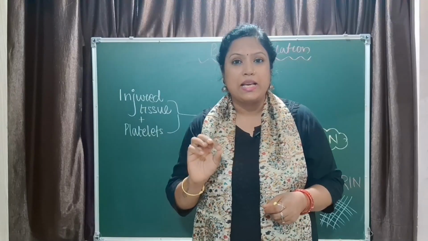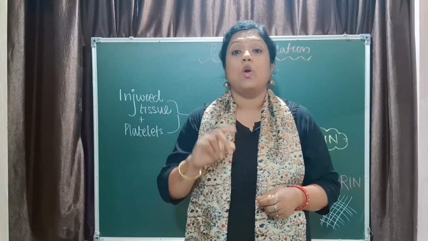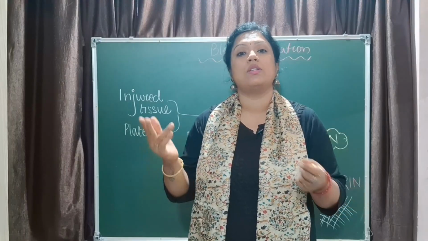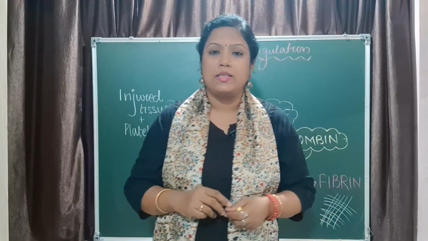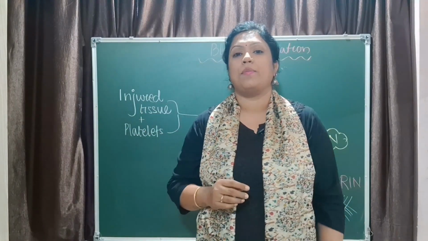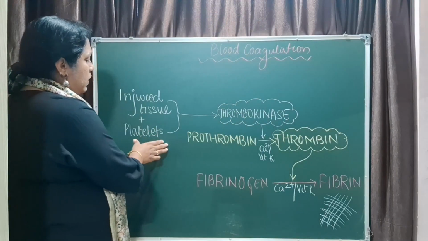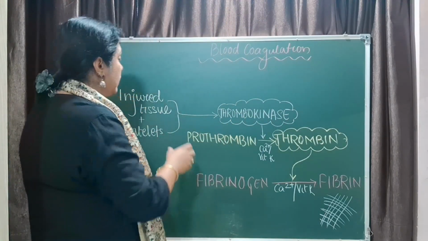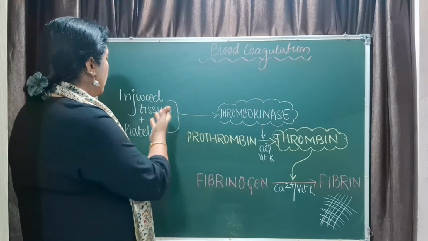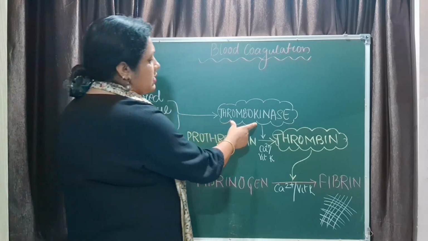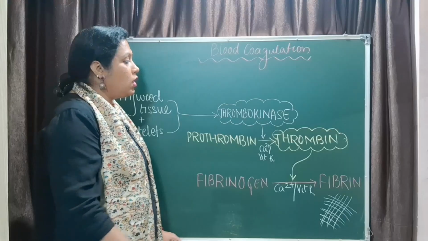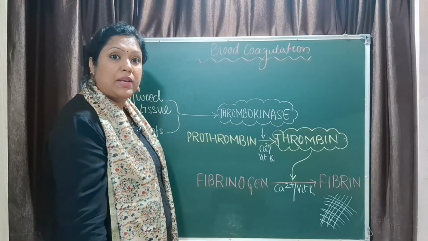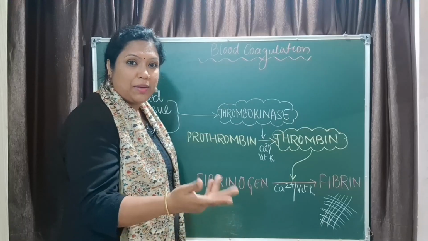Platelets release an enzyme called thrombokinase when exposed to any kind of injury or injured cells or tissues. So let us quickly see the cascade of reactions that happens in blood coagulation. When there is an injured tissue, there is wear and tear in the tissue, then in stress, the tissue along with the platelets release an enzyme called thrombokinase. Thrombokinase, in the presence of calcium ions and vitamin K,